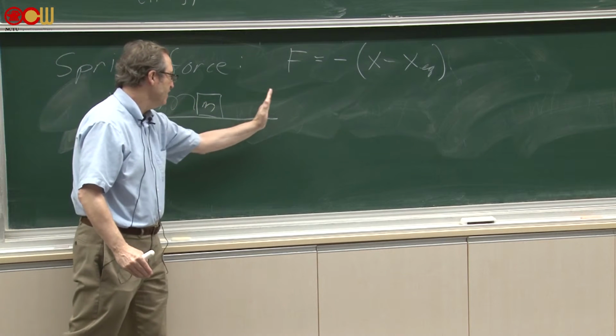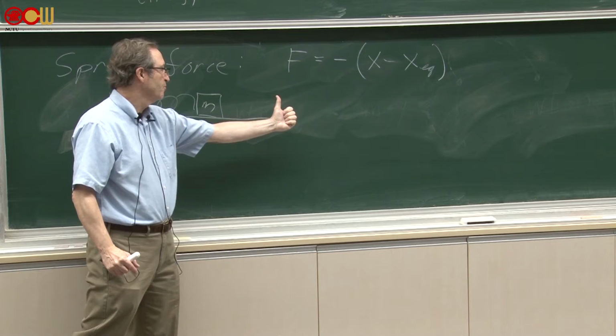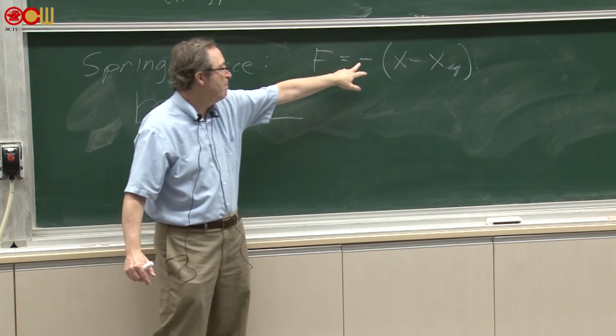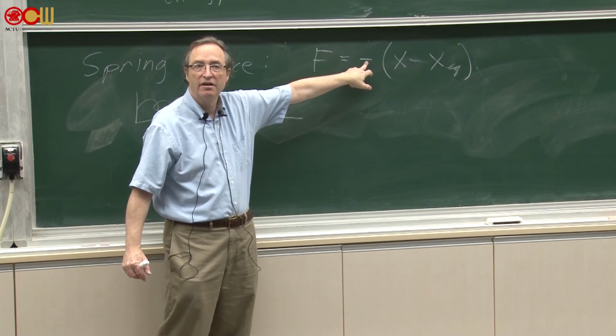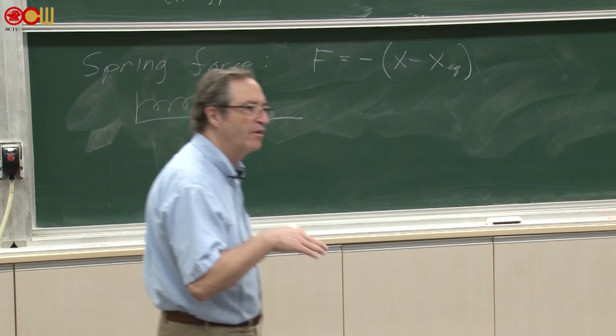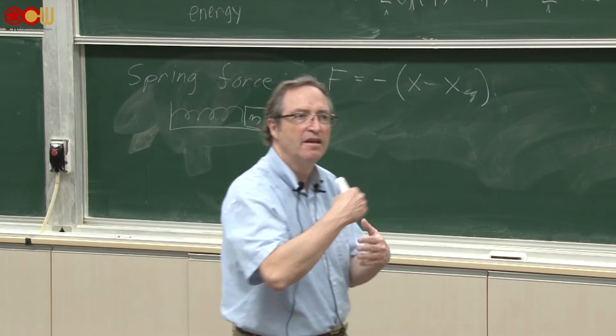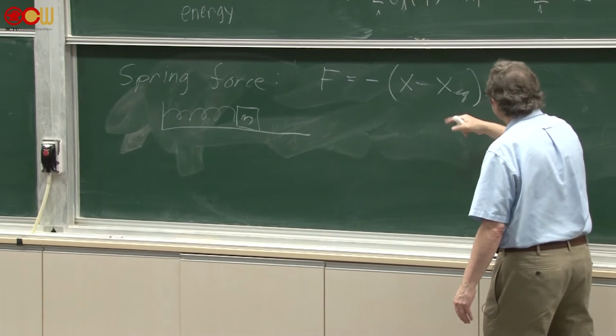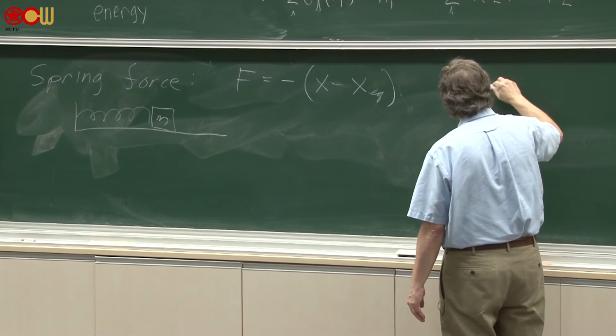If I extend the mass, the spring force will be back. So that's why we have a minus sign over here. That minus sign tells you that the spring force is opposite to the way the object is compressed or extended. The potential energy associated with this